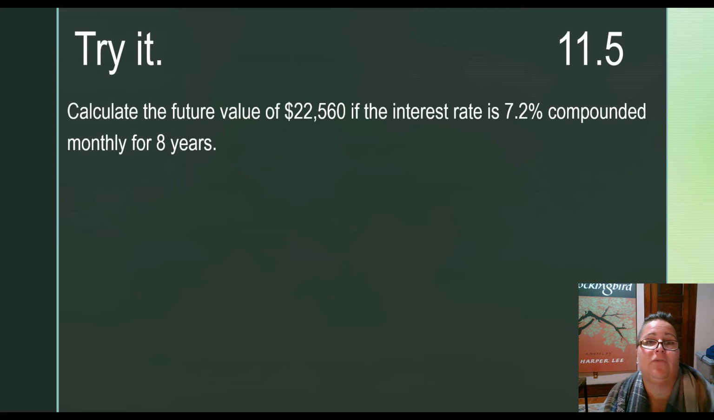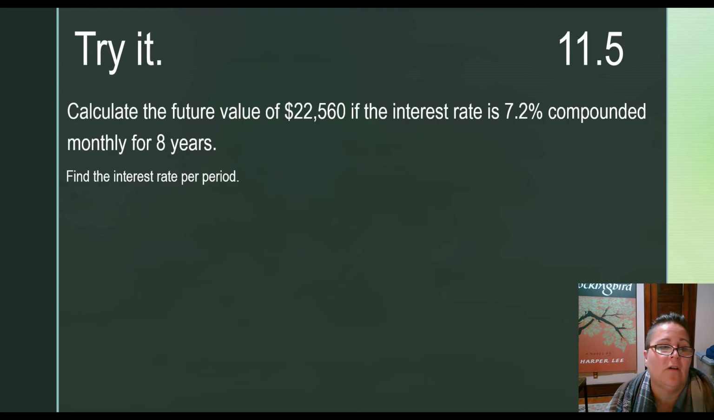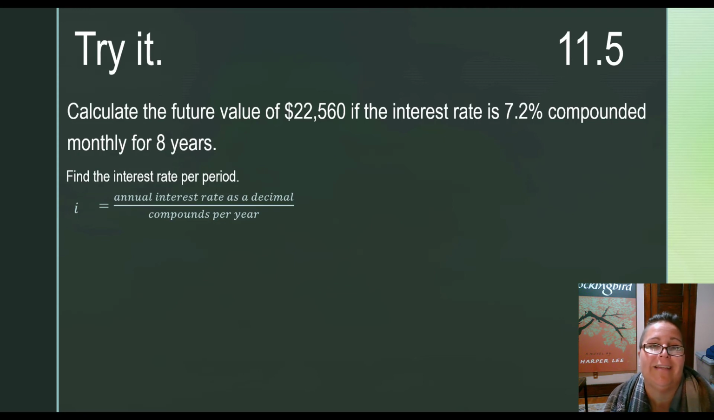So even to use the formula, I still need to find the interest rate per period. The main difference here is that you will do the interest rate, the percent, as a decimal. So when I do I, purposefully to put it into the formula, I'm going to use the annual interest rate as a decimal. That's the main difference. And I'm still going to divide it by the number of compounds in a year. So